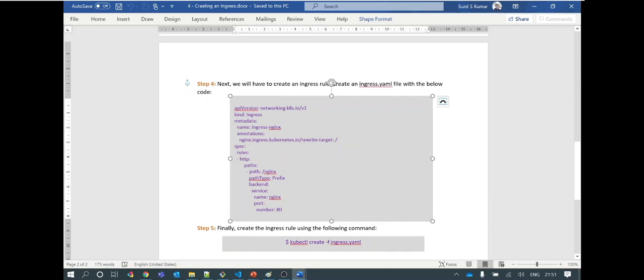Then in the specification, I basically need to define the rules. This is the important parameter that I need to provide here, and in the rule I need to give HTTP or HTTPS. The type of protocol needs to be mentioned. If I am going to use the secure protocol HTTPS, then I have to add an HTTPS rule section also. Rule is a list, so that's where I can add multiple entries.